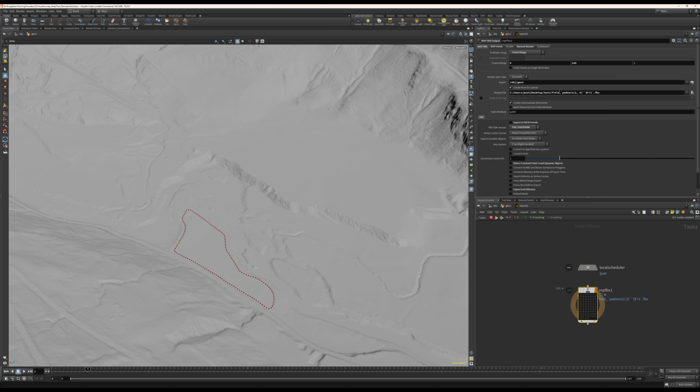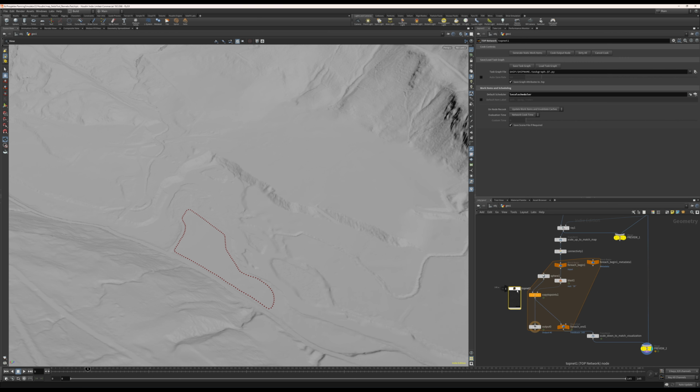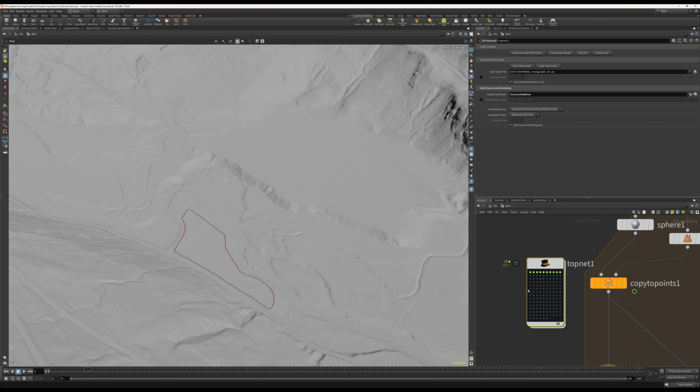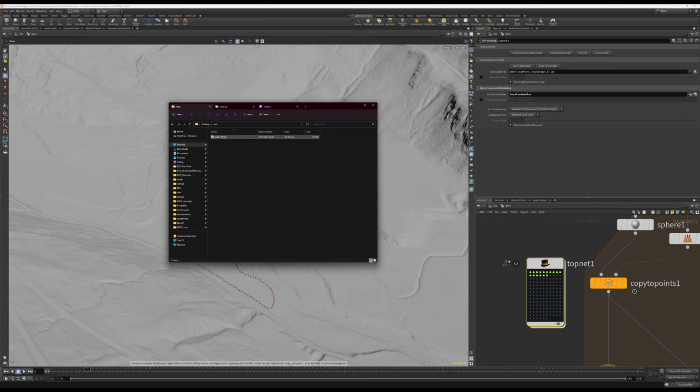I set up a script or an expression on what to do. It's going to save a file called field and the number of the field. And if I go cook, it will start to work on this and it will populate this folder with FBX files. So I'm just going to let this run and we'll take it into Blender for the processing,